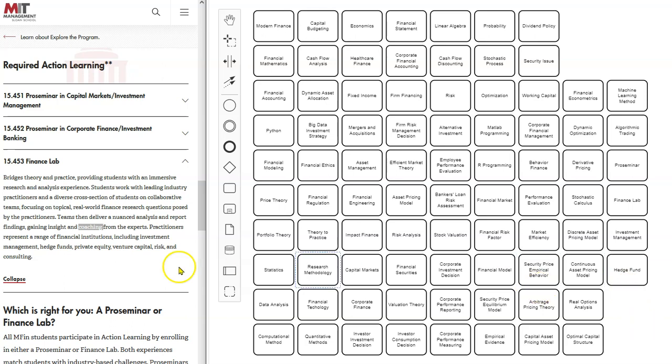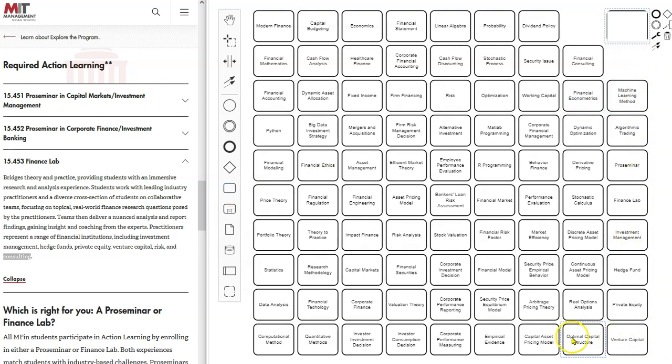There we go. Here, private equity, venture capital. So let's get those and we'll wrap it up. Private equity, venture capital, risk, we already have risk, consulting. So I will add consulting because that is, I will call it financial consulting. All right, so that is a bunch of,